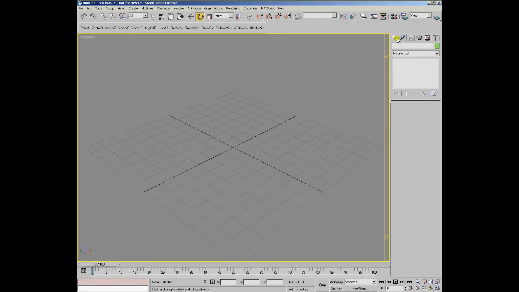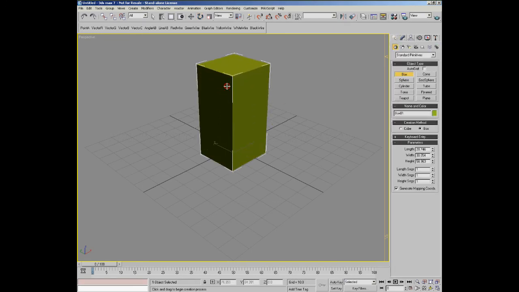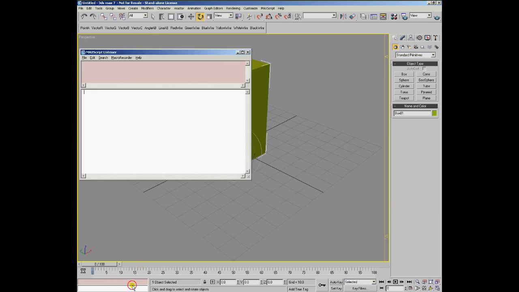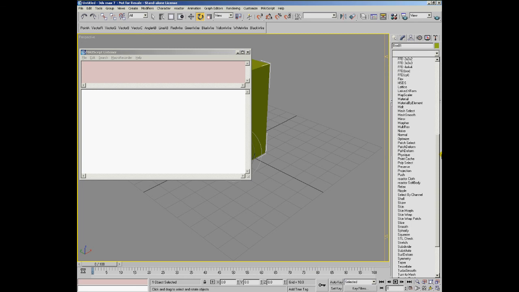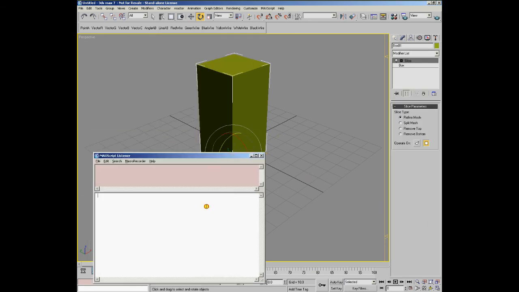The slice modifier also has a subobject gizmo just like the UVW map modifier, but its gizmo property is called slice plane. If we would apply a slice modifier to a box and ask for the slice plane transform,